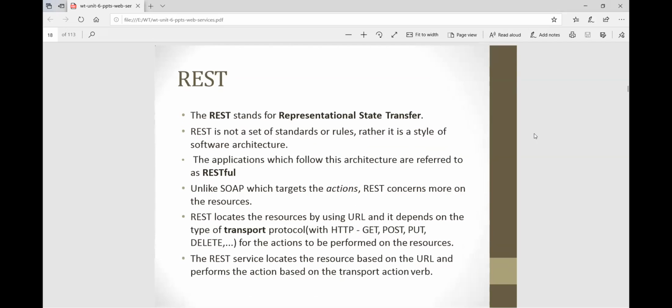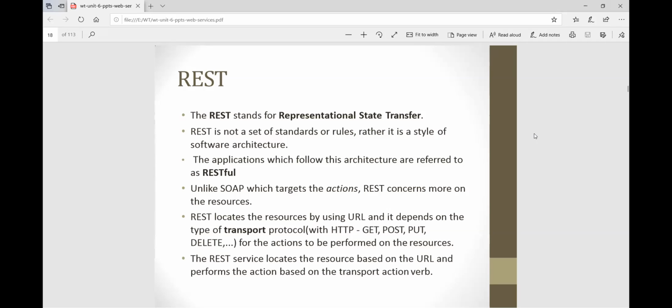Then REST stands for Representational State Transfer. It is not a set of standard rules, it is only a style of architecture. The applications which follow the architecture are referred to as RESTful. Unlike SOAP, which targets the actions, REST concerns more the resources. Okay, so REST locates the resources by using a URL, uniform resource locator, and it depends on the type of transport protocol, with the HTTP GET method, POST method.